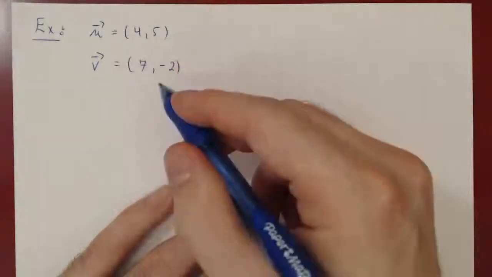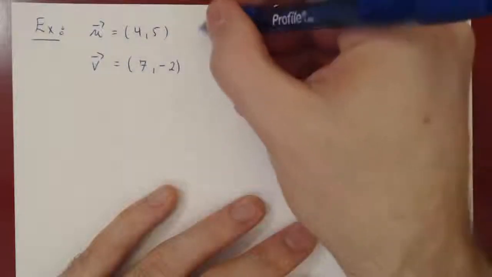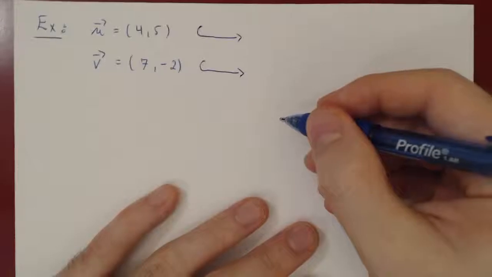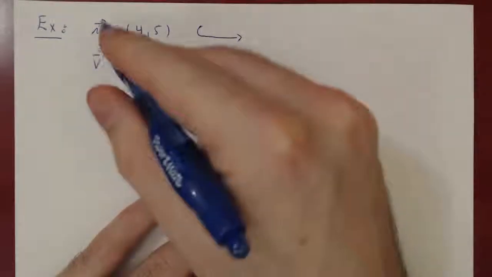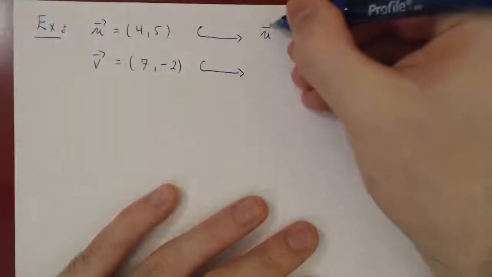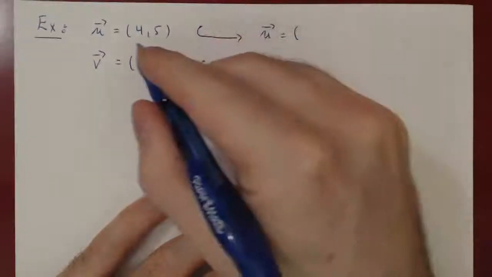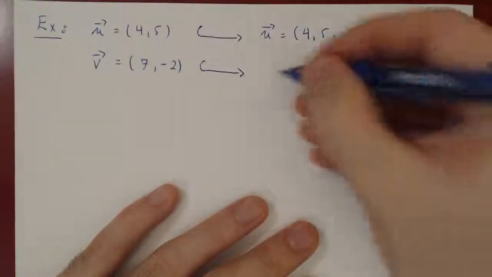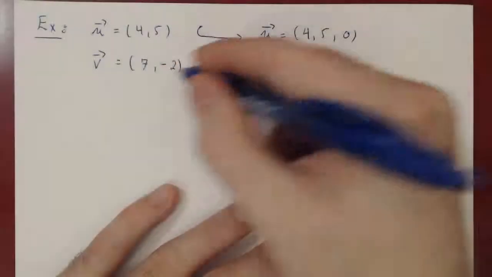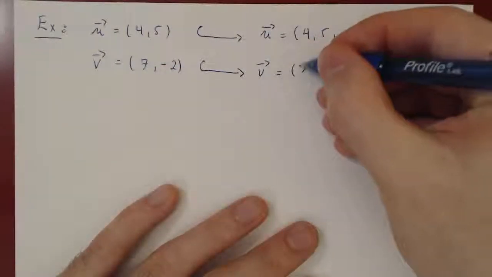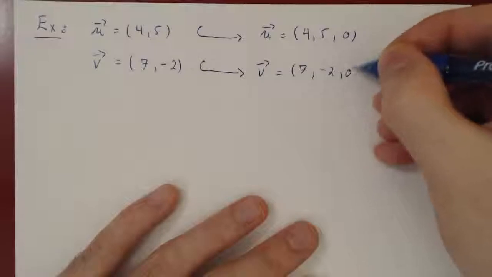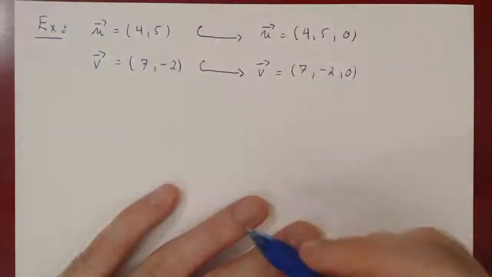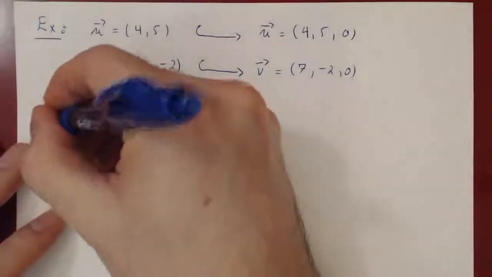If we leave the vectors like this, we can't cross them, but if we embed each vector in R3, and here I will abuse notation, I will rewrite U again: if we view U as a vector in R3, it is the vector (4, 5, 0). And if we view V as a vector in R3, it is the vector (7, -2, 0). And now that we have vectors in R3, we can cross these two vectors. So U cross V,